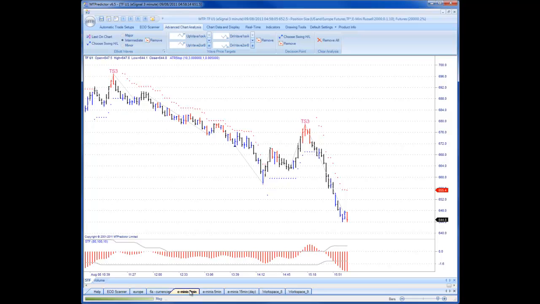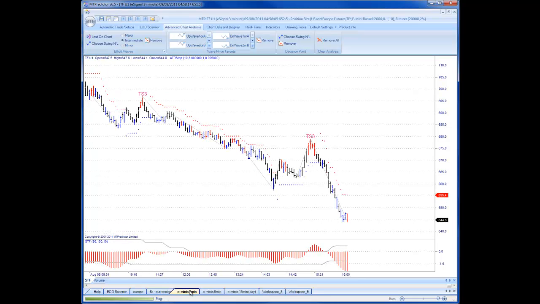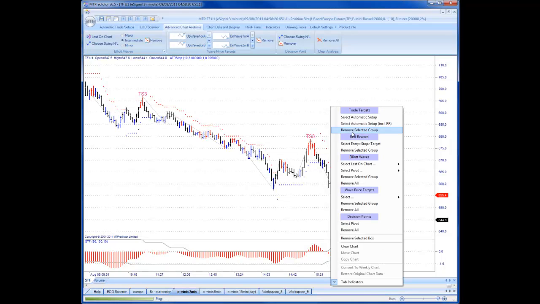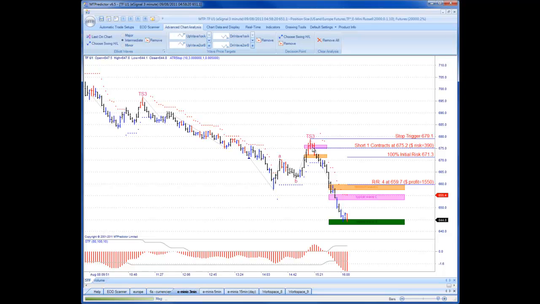This is the Russell Index. The Russell Index had two trades yesterday. Remember, we're avoiding the buy setups because the STF is red and down. We had a lovely sell setup later in the day at the same time as the YM, which was the mini Dow. Here, even at the first target, we had a potential profit of 4R, and because the market was